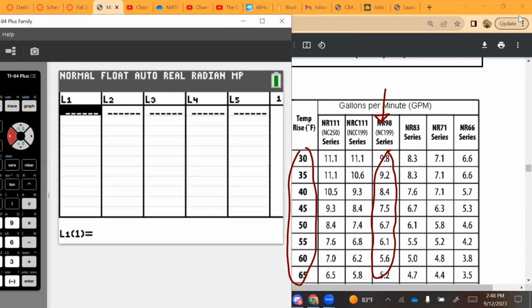All right, so then I'm going to start, like always, I'll put in the X values. So 30, and 65. Okay, I'm double checking. Looks like I typed everything correctly. Okay, next, the Y values, 9.8, 9.2, 84,